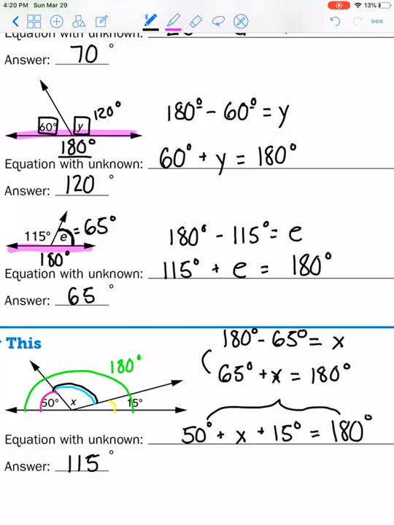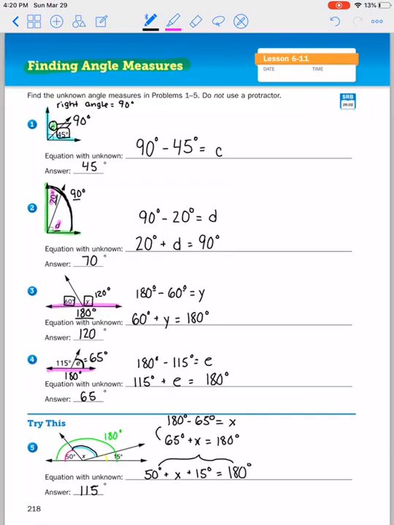Okay, if you guys struggled with your math boxes or you want to double check your answer,